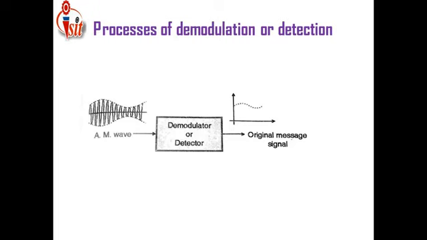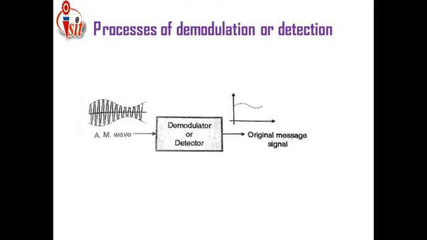Just see. First of all, we convert a signal into a waveform by considering 3 parameters. What are these 3 parameters? First one is amplitude, second is phase, and third is frequency. Amplitude decides the height of the signal, phase decides the shape of the signal, and frequency decides the width of the signal. By fixing these 3 parameter values, we convert that signal into a waveform. Once we have converted the signal into a waveform, we do modulation along with that waveform. Modulation means changes.